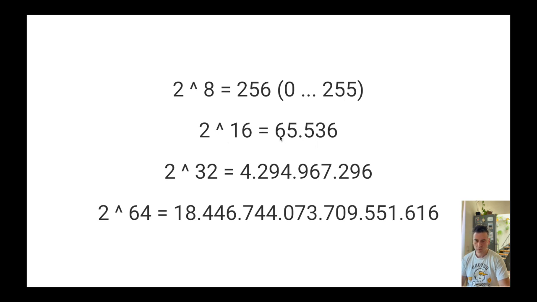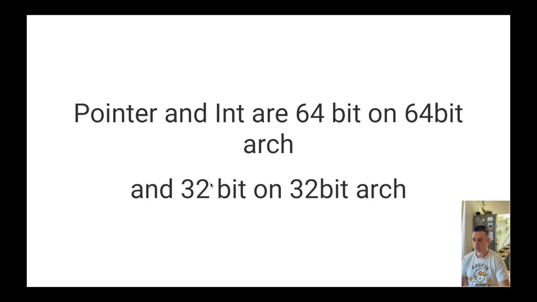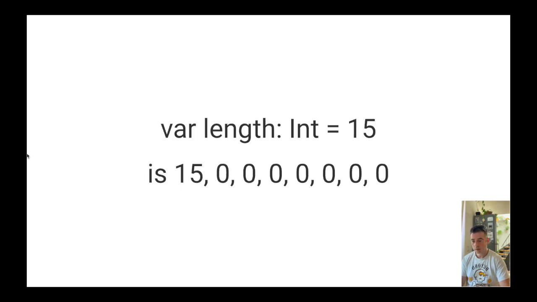uint16 we have from 0 to 65k. uint32 to 4 billion, and this is just a huge number. Okay, so pointer and int are 64-bit on 64-bit architecture and 32-bit on 32-bit architecture. That's an important tidbit to know, actually, because then we say, okay, if we say var length int is